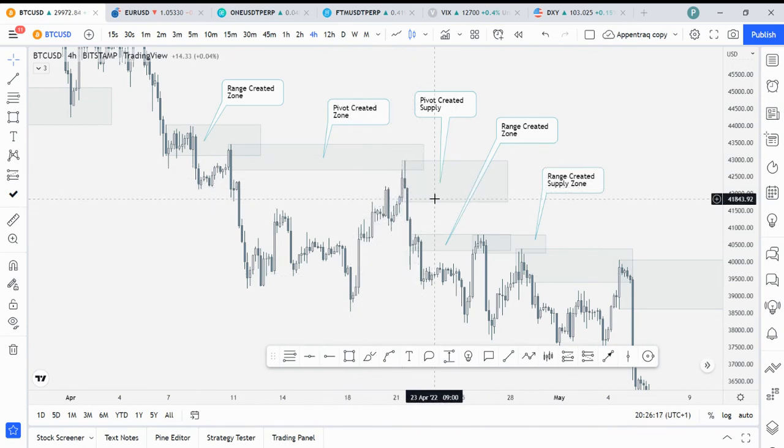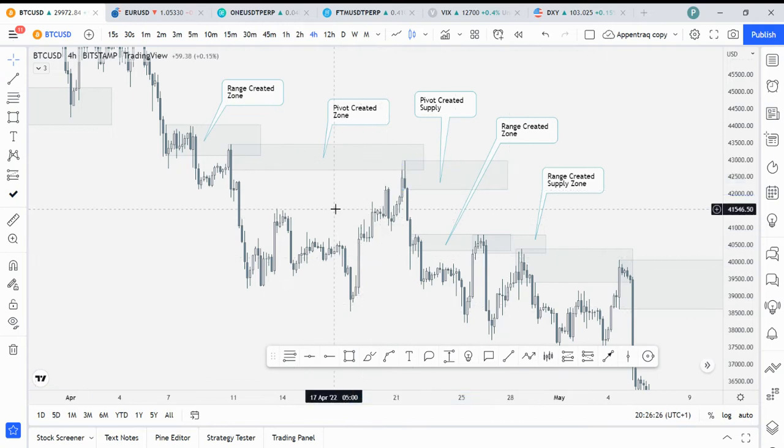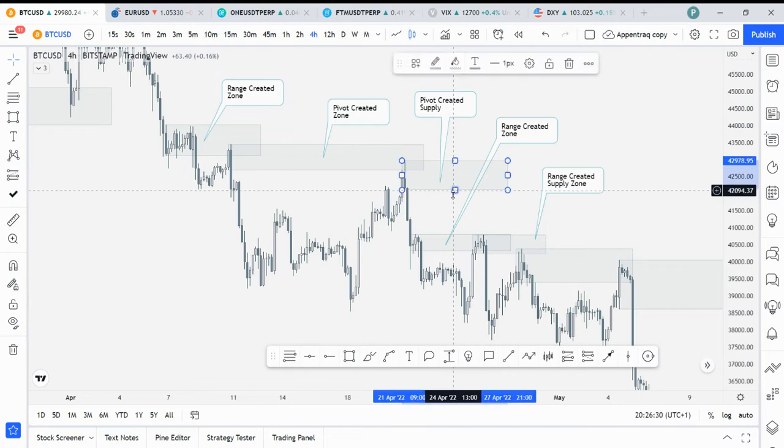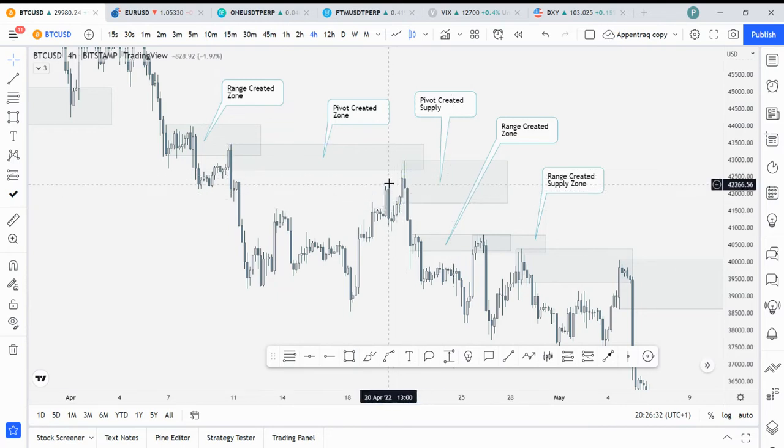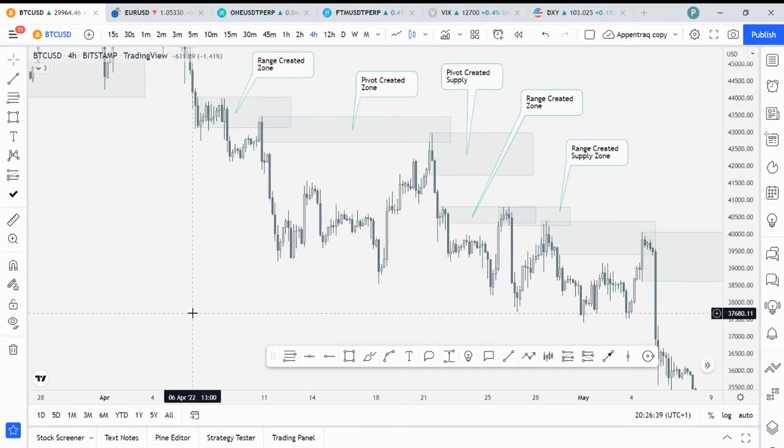Okay, I'm still going to be talking about zone refinement, that allows you to refine your zones. Okay, so I'm still going to talk about that. But ideally, if I want to map out the whole zone, I'll just mark out the whole candle. Okay, that's your valid zone. All right. So that's the two different ways